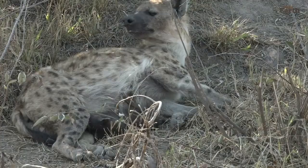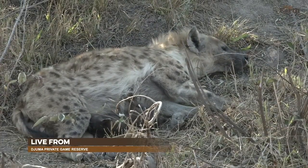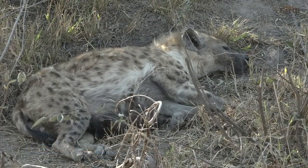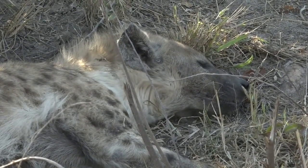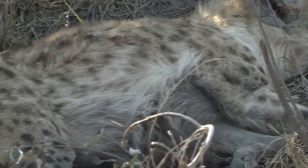But the moment is still continuing. Corky's alert. She's sniffing the air. She always has to be alert, of course, because threats can approach at any point. She's vulnerable, she's lying down, and she's got her offspring under her tummy. What a great way to start this live safari. I'm so excited to show you all. And if you have...